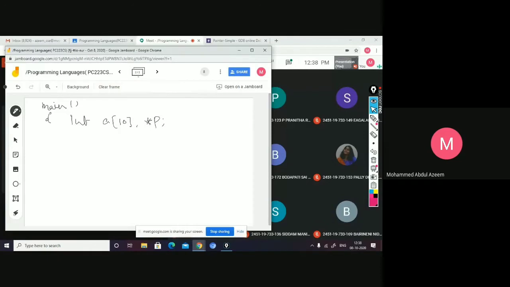In order to access this particular array with the help of the pointer, what you have to say is p equal to either ampersand a of 0, or you say just a. See, the array name is also a pointer here. When you declare a of 10, memory is allocated for 10 elements, whatever memory is required. The entire memory is pointed to through a, and with the help of indexing, the array elements are accessed: a of 0, a of 1, a of 2, a of 3, like that.